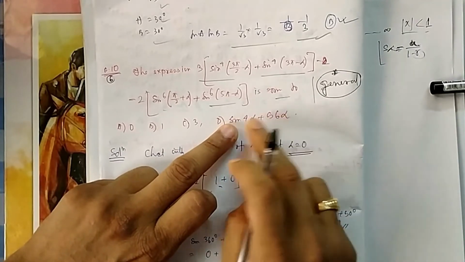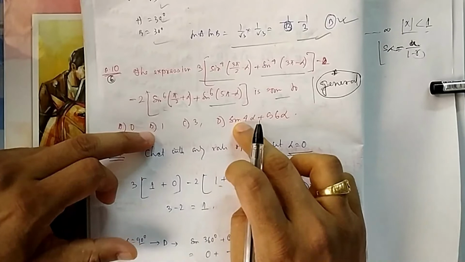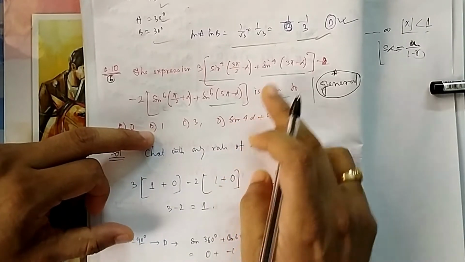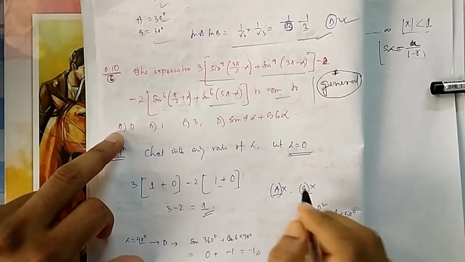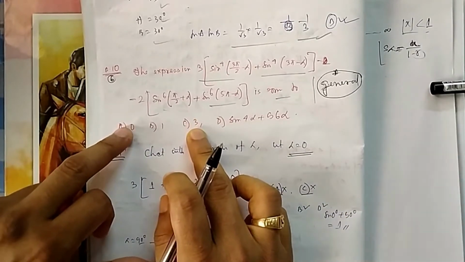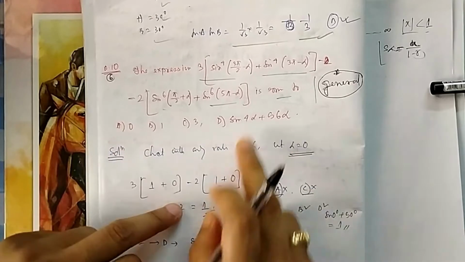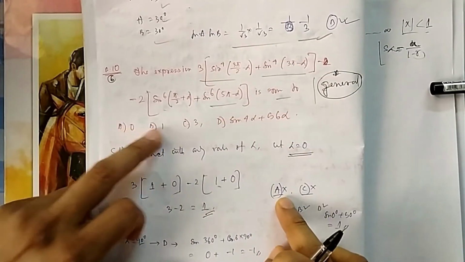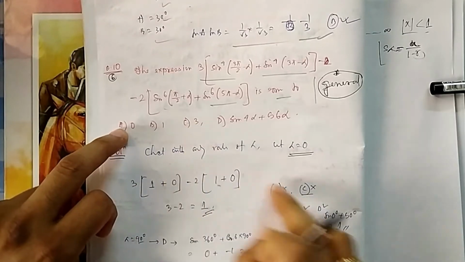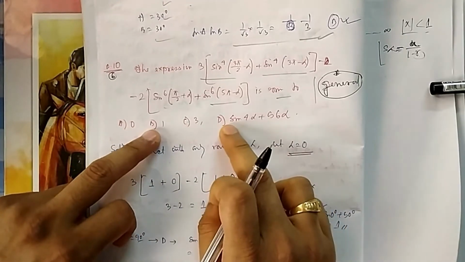0 plus 1, this is also giving me 1. So B and D both are giving me 1 at alpha equal to 0, and the original expression is also 1. But A and C will not be the answer, that I have seen, because for alpha equal to 0 it is not satisfying. The left hand side is 1, but the right hand side is not 1, it is 3. So it cannot be A or C. So obviously it can be B or D.